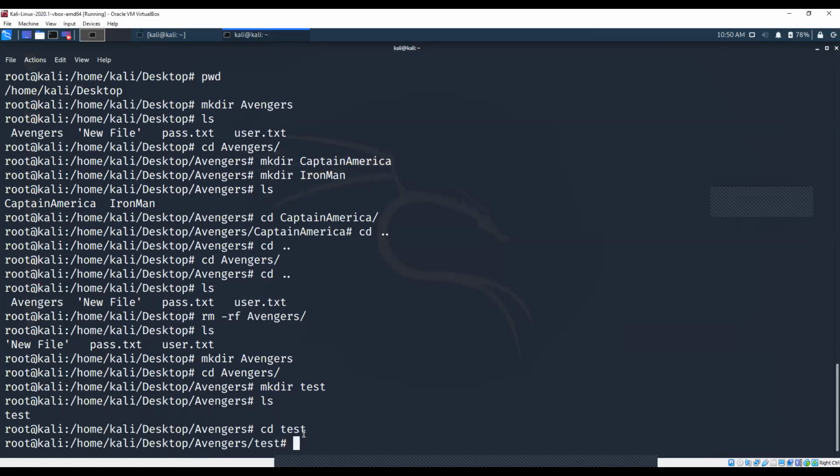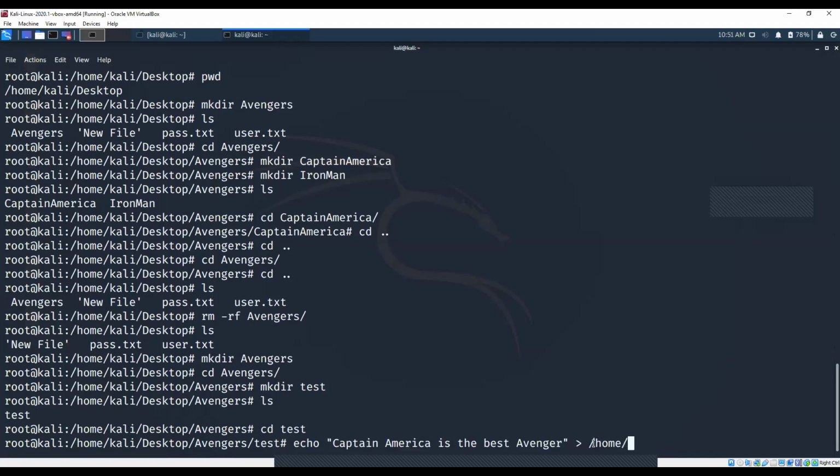I'll navigate into test and I'll go with echo, and I'll just give some random text, something like Captain America is the best Avenger, and I'm going to give the redirection operator. So what exactly is this redirection operator? I'm writing echo, the command which will echo this particular text, whatever I'm writing over here, into the path whatever I mention here.